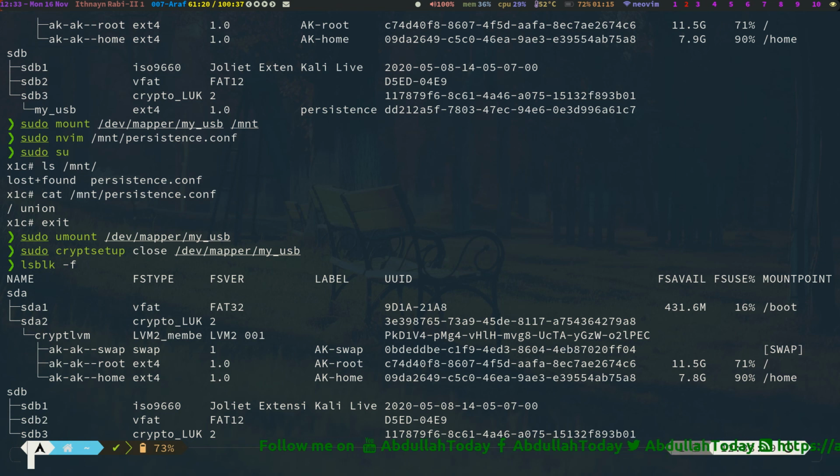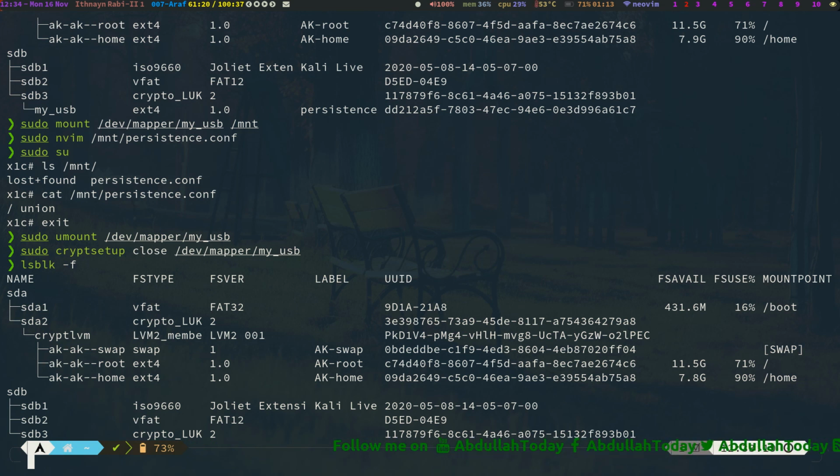So I just boot from this USB drive. I plug it into some other computer, and I can reboot into Kali Linux. No matter if it is a Windows computer, it is not going to use Windows. It's just going to use the hardware from that computer. The OS will be mine, which is the USB drive, and it is encrypted. So it is very useful. All your work is saved and encrypted. No one can decrypt it except you.